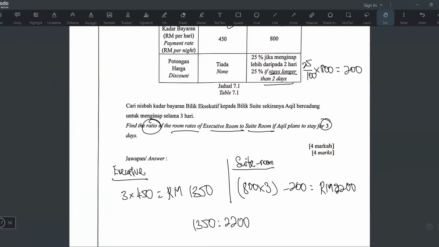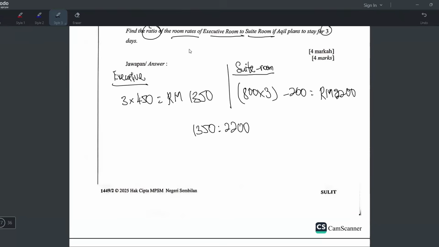Usually when we write a ratio, we write it in the simplest form. We will try to simplify, but you don't have to simplify it yourself. You don't have to divide by two, divide by two, then divide by five, divide by five. No, you don't have to do that. Just use your calculator to help you. Press 1350 divided by 2200, because a ratio is like a fraction, so you can treat it as division. Your calculator will give you the ratio 27 over